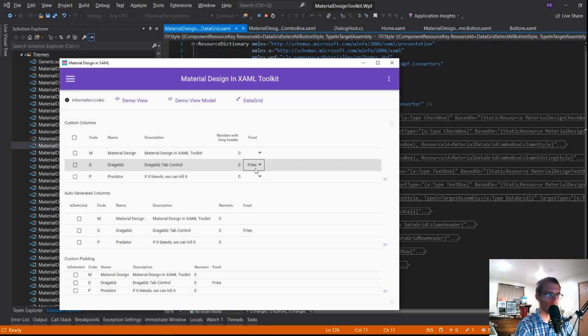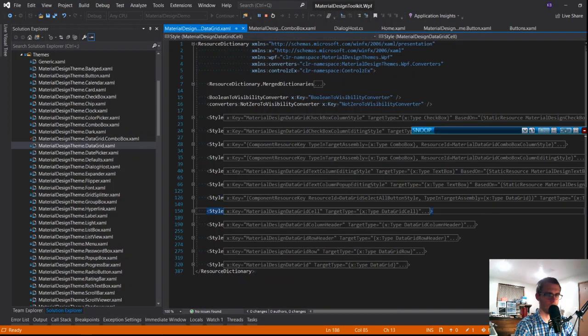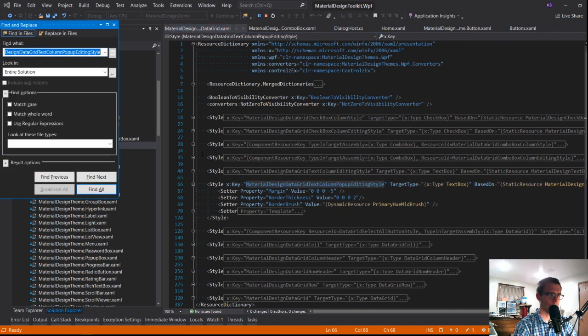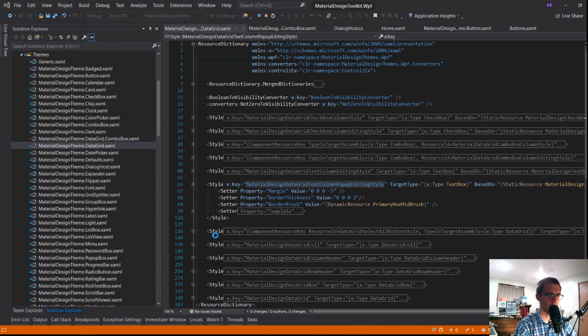So still no dice. I am curious about, well, before I get too carried away, let's just find the text box one. Datagrid. I mean, this is the right style, so I guess the question is what triggers you to get used?